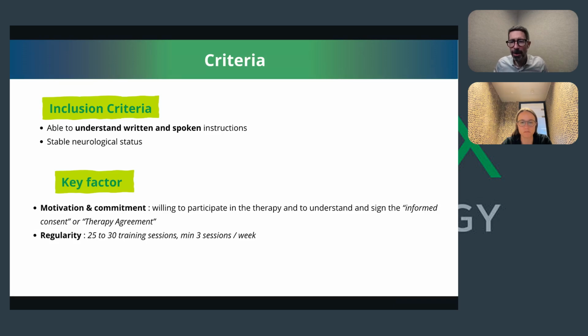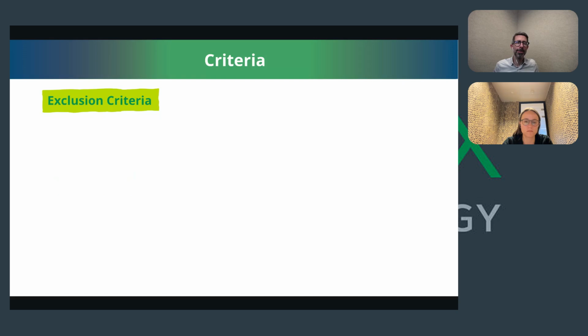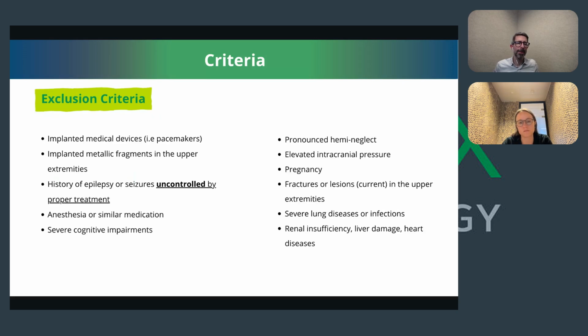We have a slide with things that aren't so good. So there's what we call exclusion criteria. We list them here. Things that can be an exclusion criteria are, for example, implanted medical devices, mostly when something like, well, that's more the second point here, implanted metallic fragments in the upper extremities, or if there was something in the head. Because we measure electrical activity, we also have an influence on people's motor cortex. So it's important that that can work without